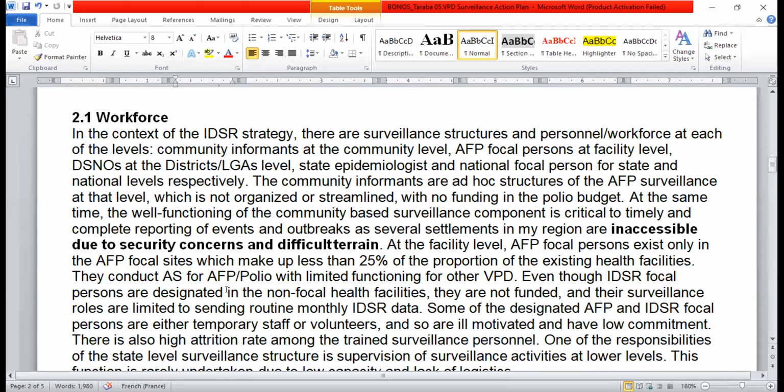Even though IDSR focal persons are designated in the non-focal health facilities, they are not funded, and their surveillance roles are limited to sending only routine monthly IDSR data. Some of the designated AP and IDSR focal persons are either temporary staff or volunteers, and so are ill-motivated and have low commitment. There's also a high attrition rate among the trained surveillance personnel.